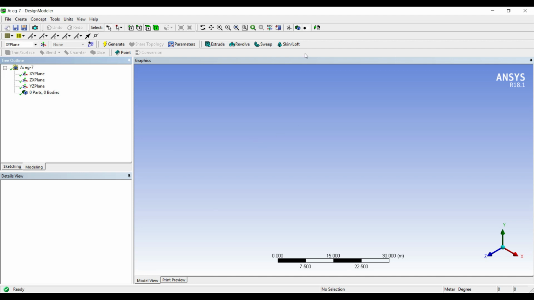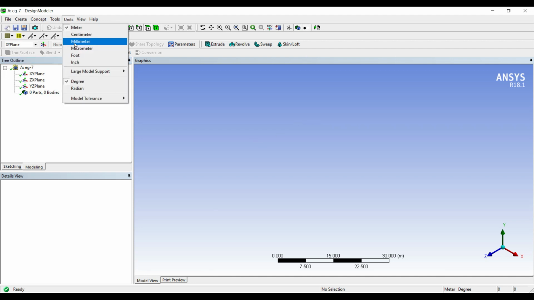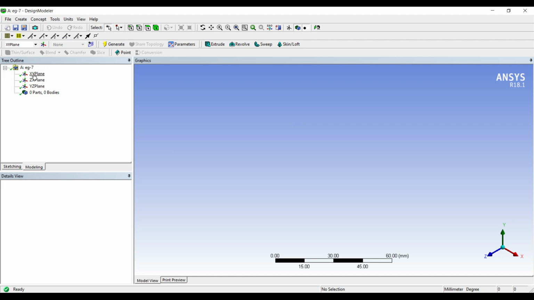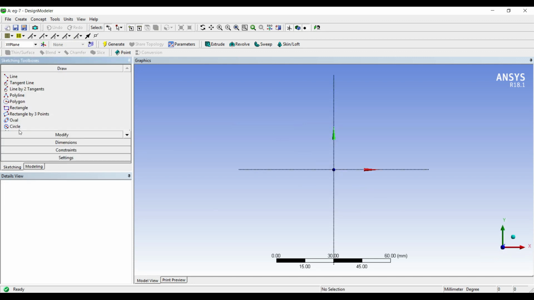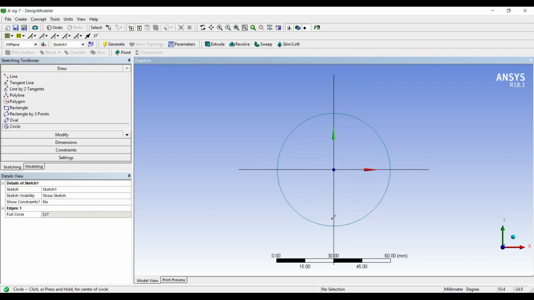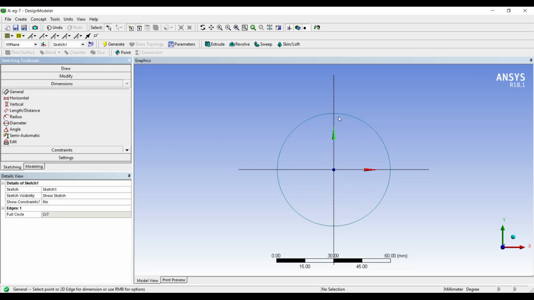I'll change the units to millimeter for sketching. XY plane, look at. I'll go to sketching. I'll draw a circle. Dimension, I'll give the diameter.